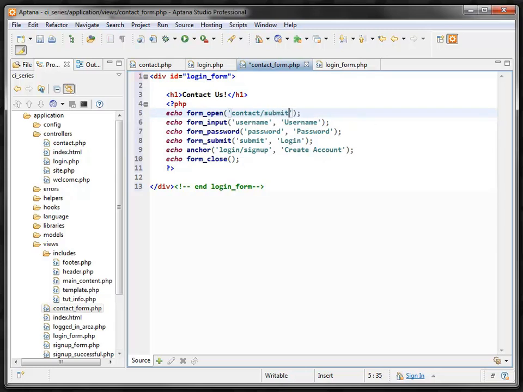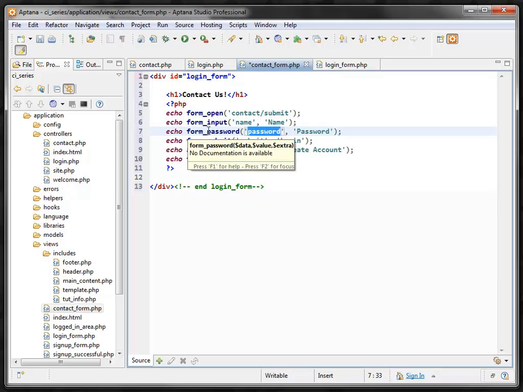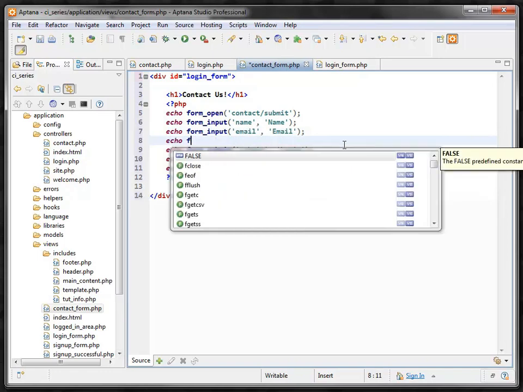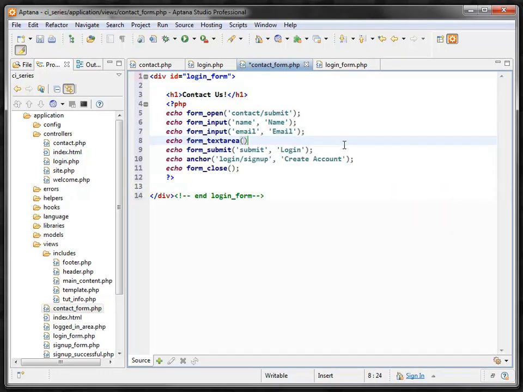Let's go ahead and say submit, and we ask for a person's name, and we ask for, let's say, an email address. This should also be an input. Email address, and there should be a text area. So it's the form text area function, and the parameters are